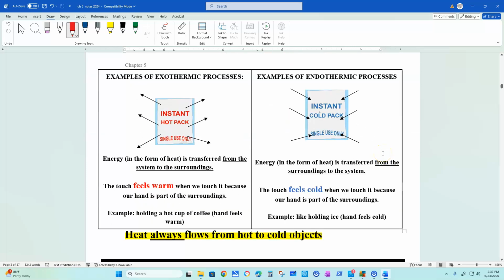So I want to give you some everyday examples of exo versus endo. So exothermic, our Q will be negative. And as you see, all that heat is coming out of the system. I'm sure you've used a hot pack sometime in your life, especially if you're an athlete and you work out. When you crack those hot packs and put them on sore muscles, you feel that heat. That energy in the form of heat is transferred from the system to the surroundings. So my Q is negative because my surroundings is gaining it. You feel warmth, okay, because it's giving up that heat. When we touch it, our hands are the surroundings, okay?